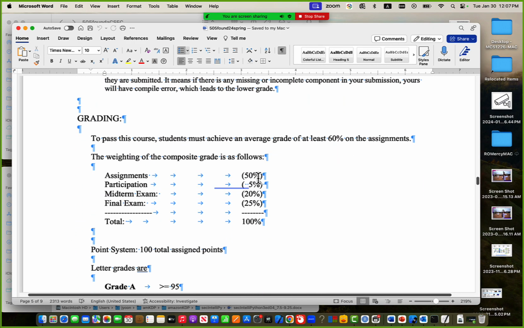Gradings: assignment 50%, midterm 20, final 25, participation 5. Remember that as you do your